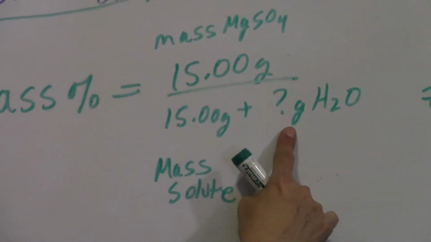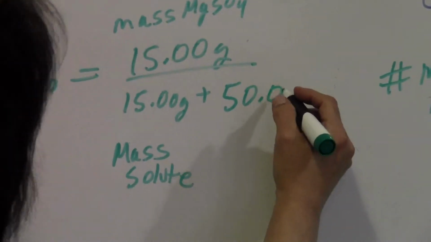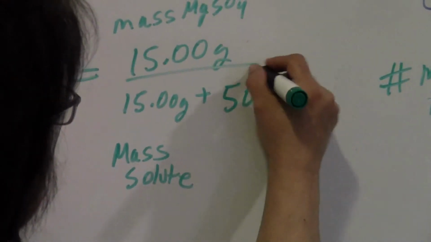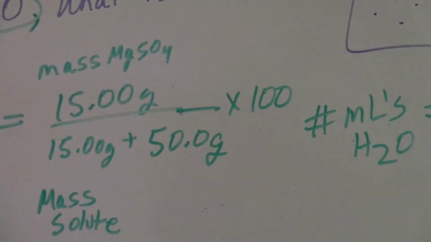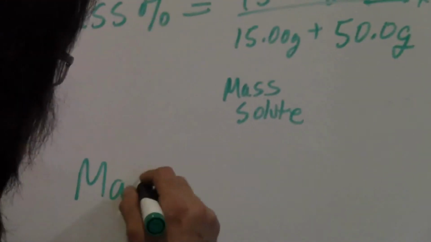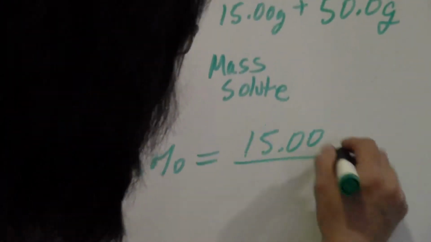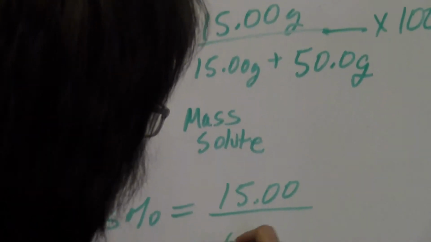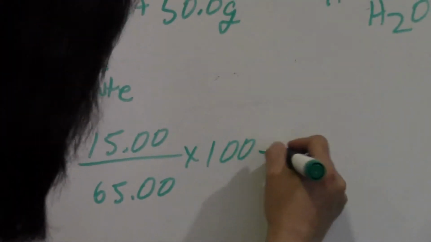So now we have this number. 50 milliliters of water, 50 grams of water. And then to get it into percent, we multiply by 100. Well, when we do that calculation, that works out to be mass percent equals 15.00 over, let's add these two, 65 times 100. And when we put that in our calculator, we get this wonderful number,